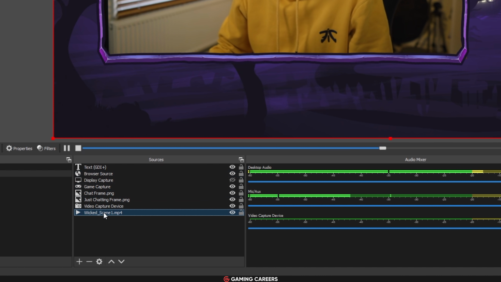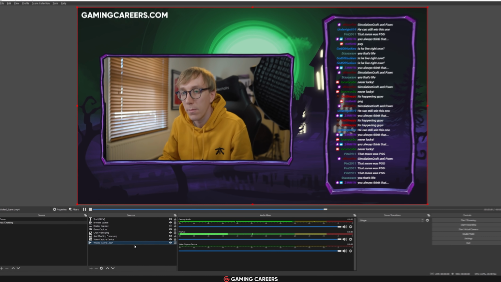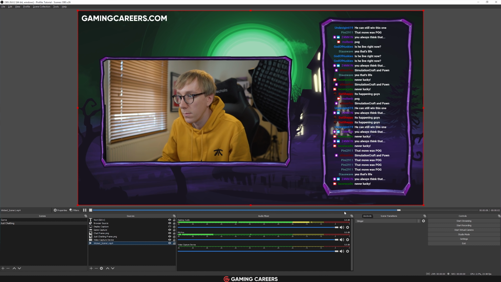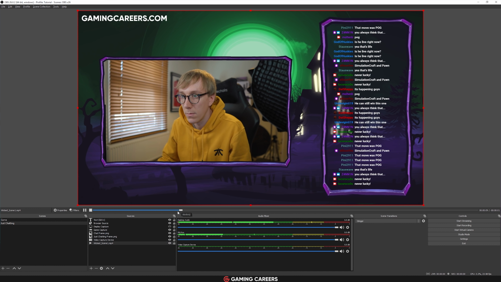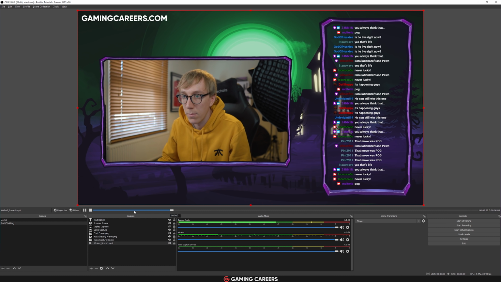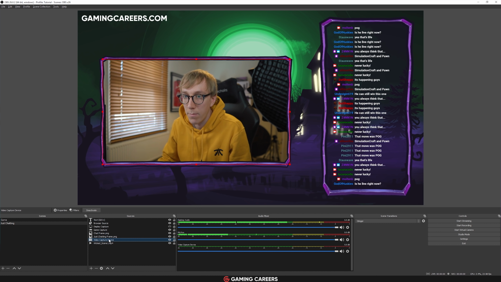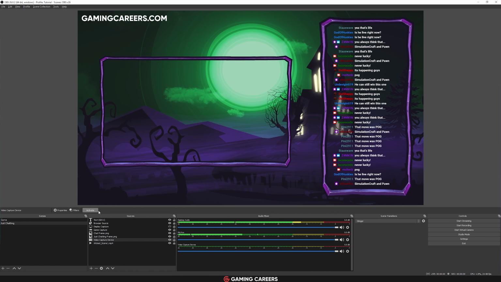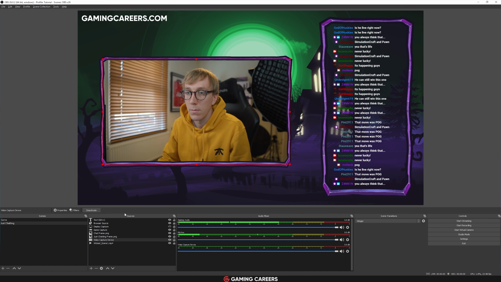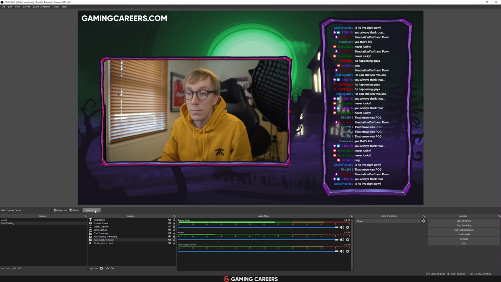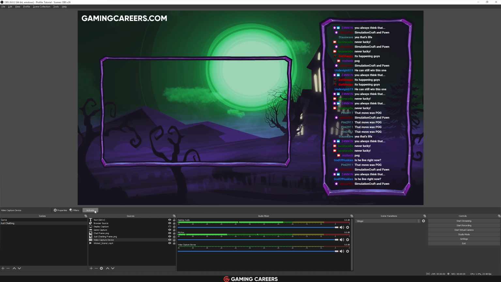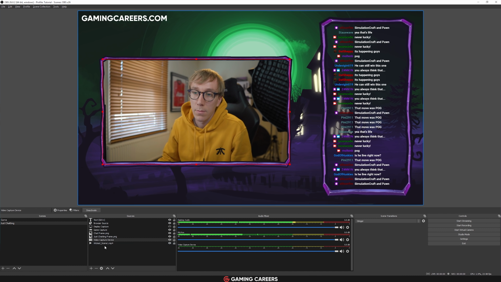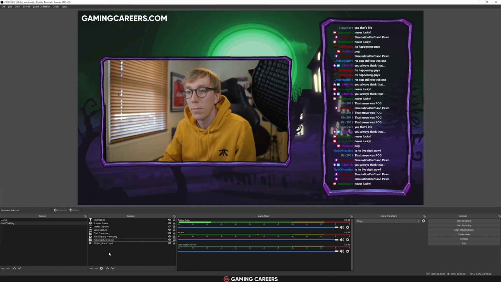Now, for media sources, VLC video sources, and image slideshows, you're going to get some additional playback controls, which are really useful if you need to scrub through a video source or if you want to skip to the next image in an image slideshow. Finally, for video capture devices like webcams, or maybe you have a capture card, you're going to have the option to deactivate and activate from the source toolbar, which is super useful because certainly for some of my capture cards, sometimes I need to refresh them by quickly deactivating and activating them again.